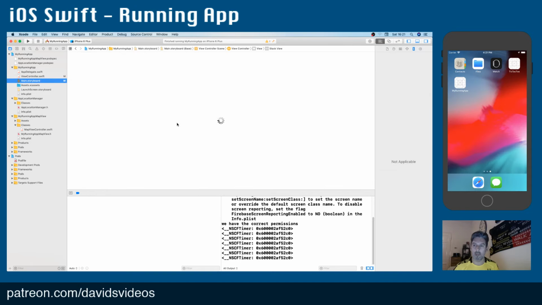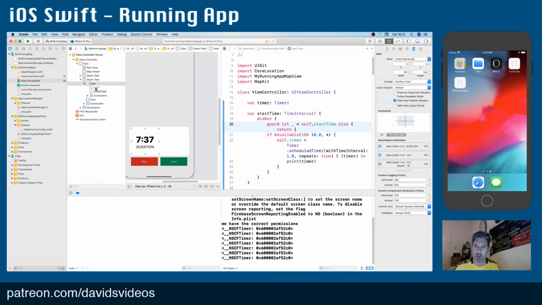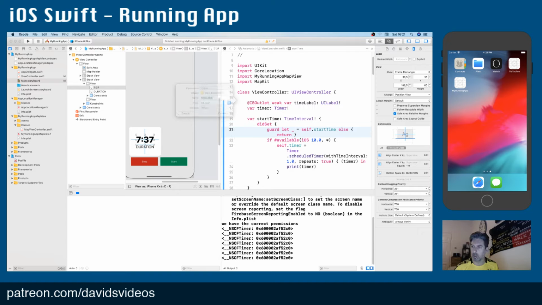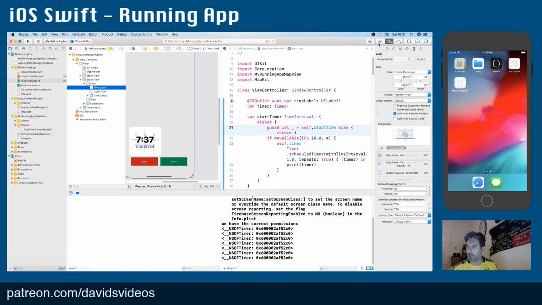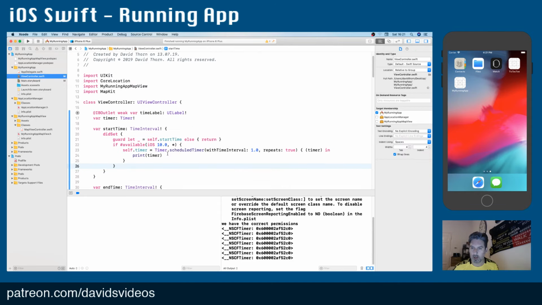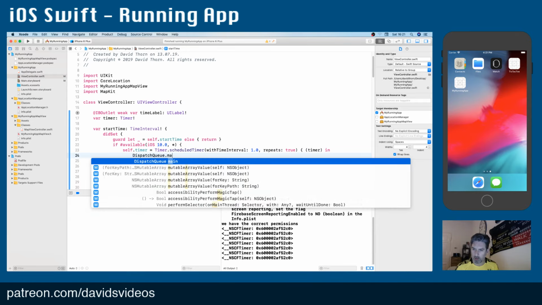So now we need this time here. So the time label, whoops. Okay, I'm kind of guessing that this is going to be on the main loop, but